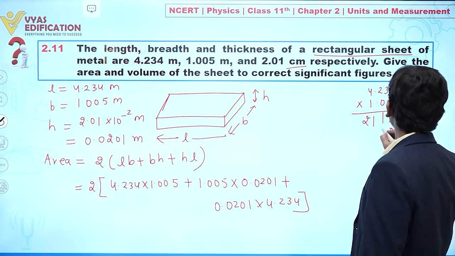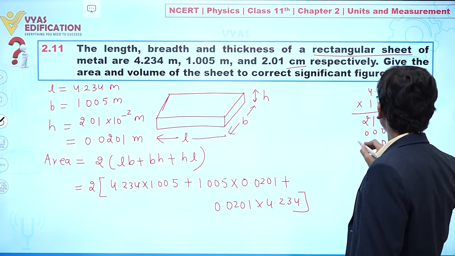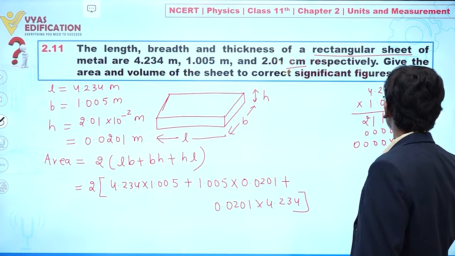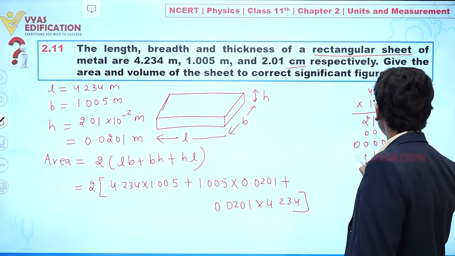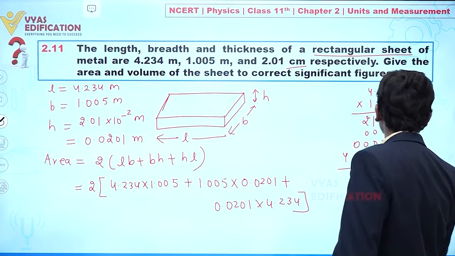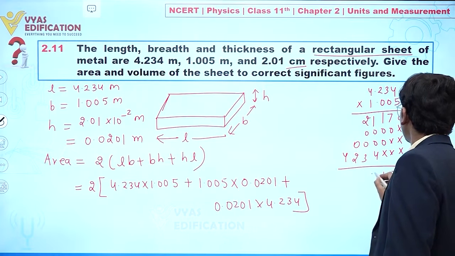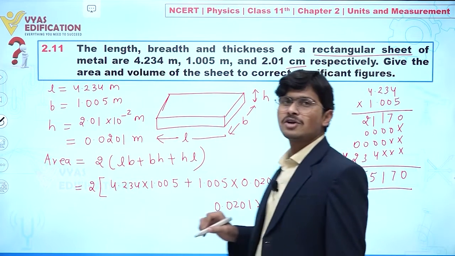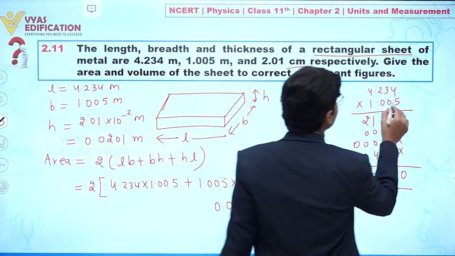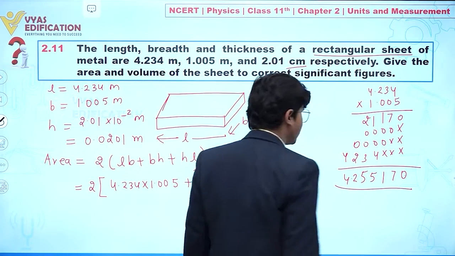Clear? 0, 0, 0, 0. Clear? Now we can say again 0, 0, 0, 0. Clear? Now if you multiply it with 1, you can say that is 4, 3, 2 and again 4. Clear? So from here you can say this is 0, 7, 1, 5, 5, 2, 4. Clear? Now total number of decimal 1, 2, 3, 4, 5, 6. Clear? This one. It means